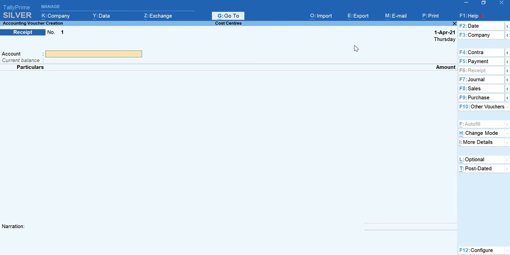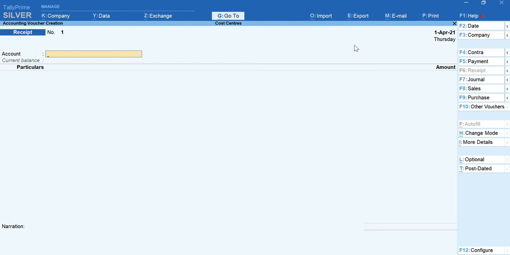And for these same three vouchers, I'll just discuss the double entry. So know the difference between single entry and double entry. Single entry is a kind of journalizing wherein we consider only the cash and bank account and the other details are ignored. And the vouchers raised on single entry or the accounts maintained on single entry are not very accurate. If you use a double entry system and if you apply the golden rules, then the transactions whatever you enter into your Tally or into your accounts will be much more accurate and you will get a clear picture of your company's transactions. So that is the difference between single entry and double entry.